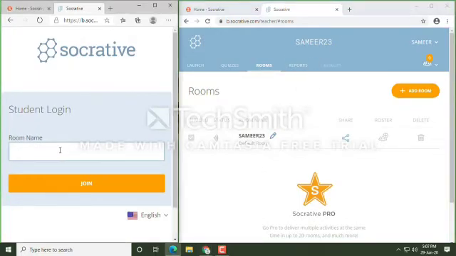A student will have to put the name of your room for login. On the left hand side, I'm using the student side. Sameer23 is my room ID.